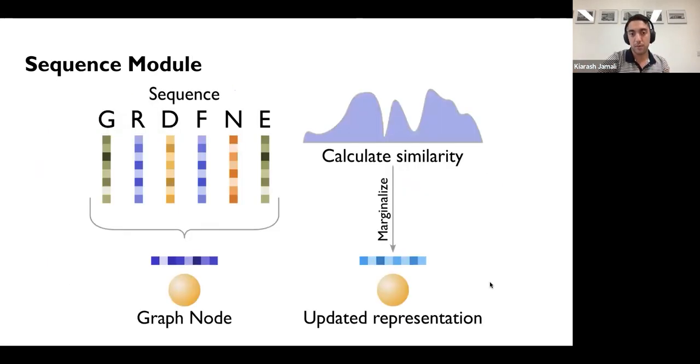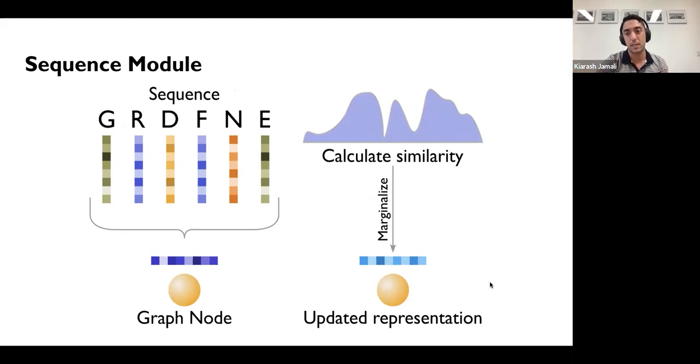The sequence module, which is the second module that goes after, then asks the question, okay, for each residue that we have a C alpha atom for, given the representation that has been updated from the CRY-M module, can we see anything between this and the sequence that came in? The sequence, which is just text, goes through a protein language model.